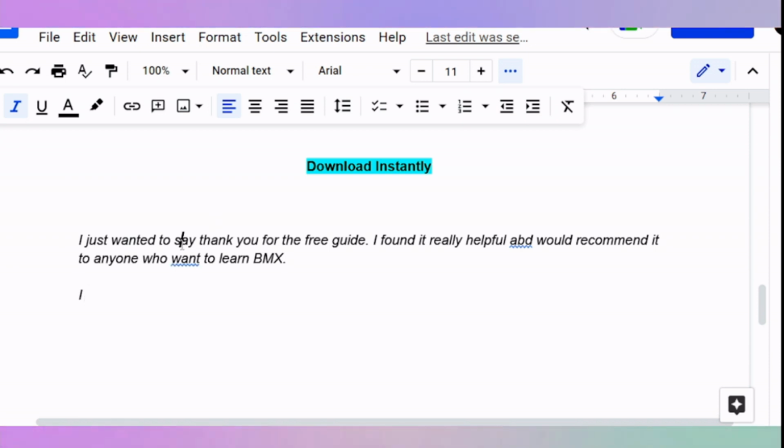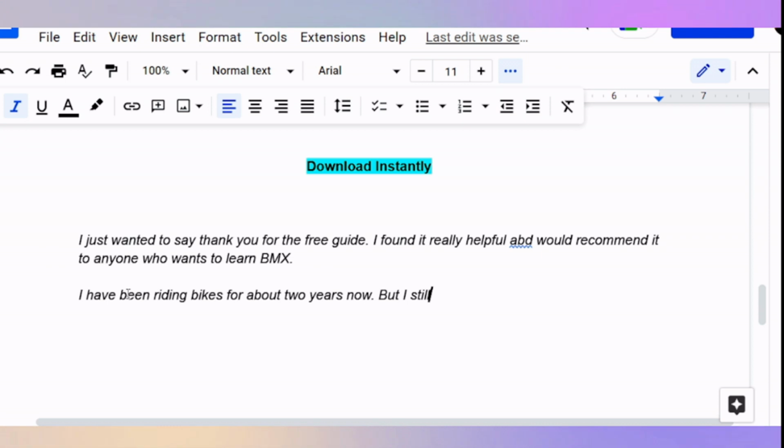I have been riding bikes for about 2 years now, but I still didn't know how to ride a BMX properly.